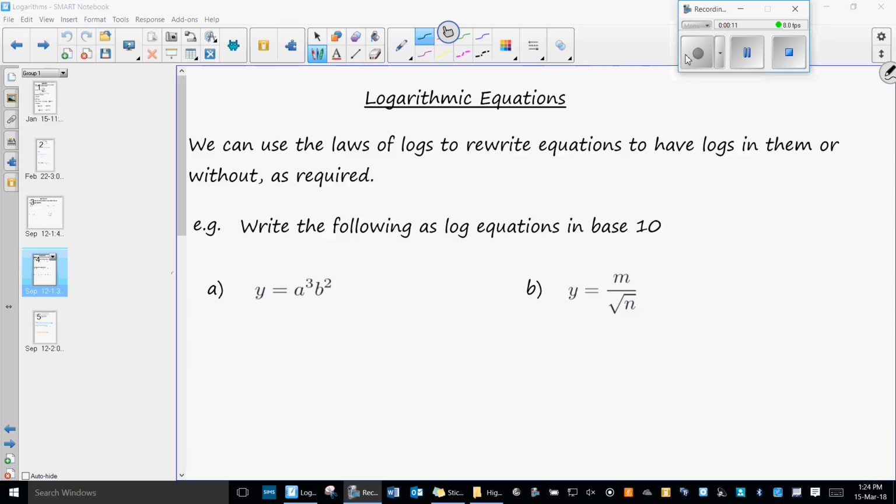All right. So log equations. We can use the laws of logs to rewrite equations to have logs in them or without, as required. Now, what we could do with this first example here is, we haven't really done that yet. So what we can do is we would write